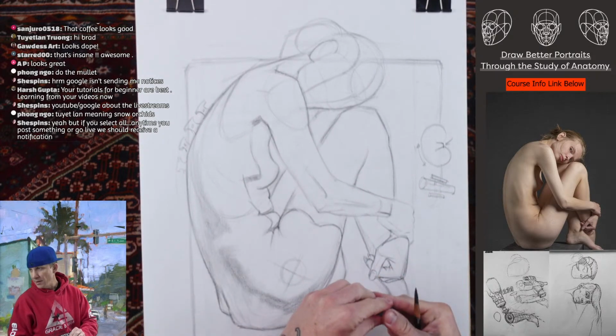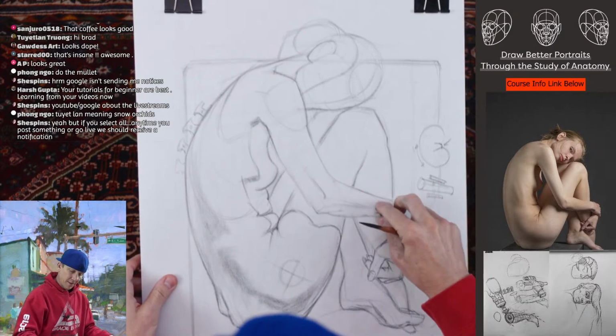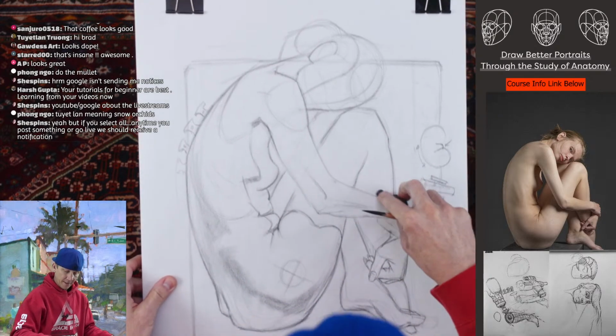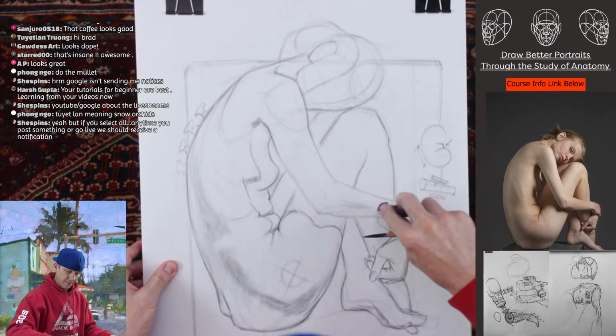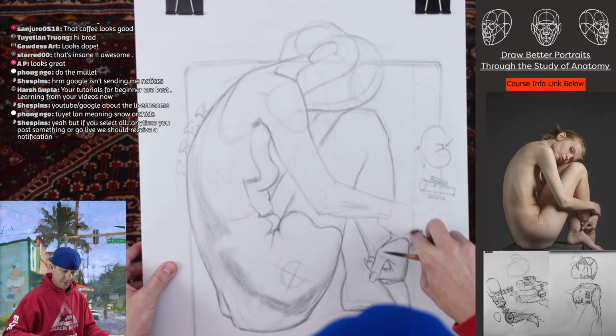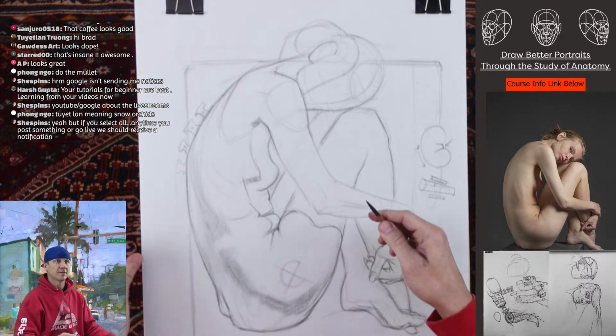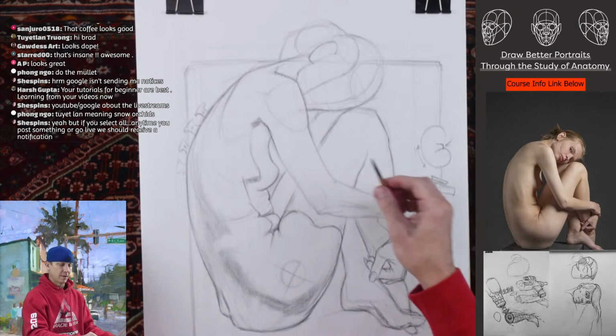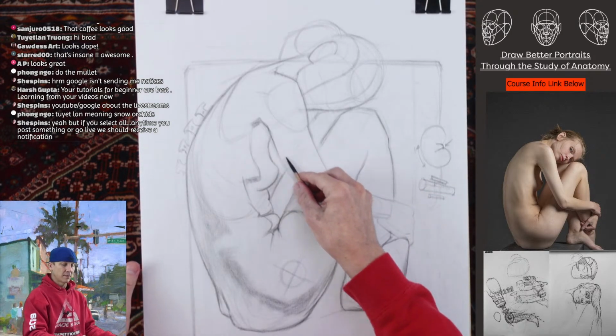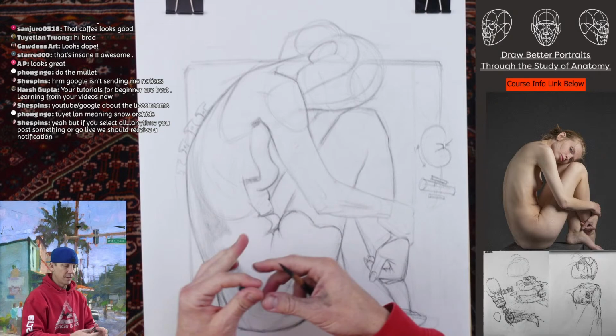I should probably, I wonder, I'm going to save this one if I like it at the end. Maybe I'll save it and take some digital art lessons off of YouTube and maybe turn this into a long-term project. Let's see, so her arm is pretty...